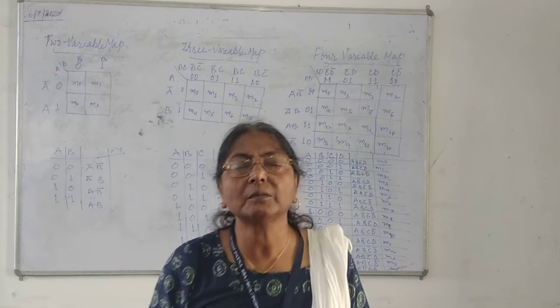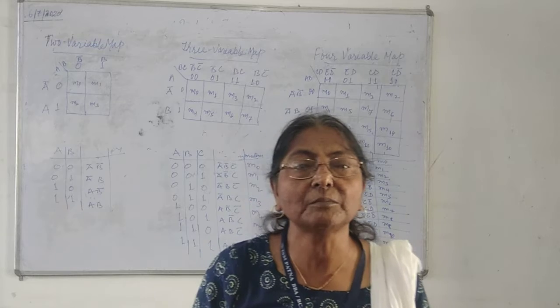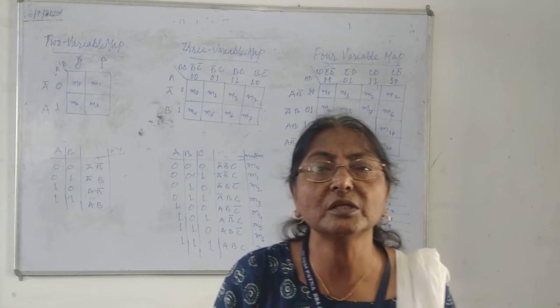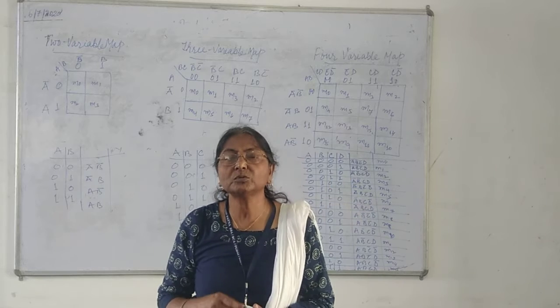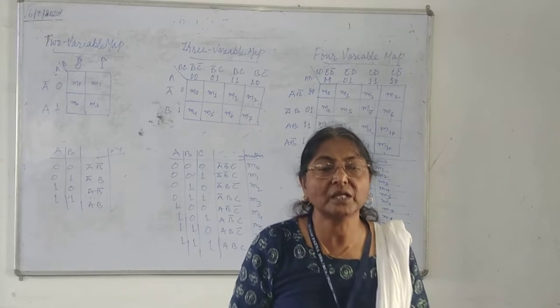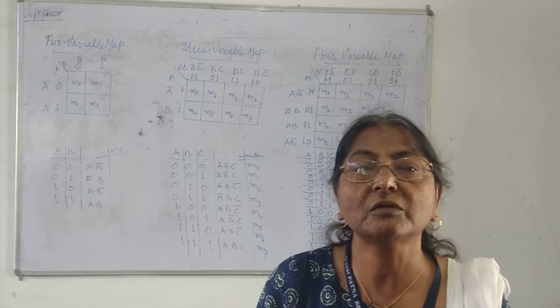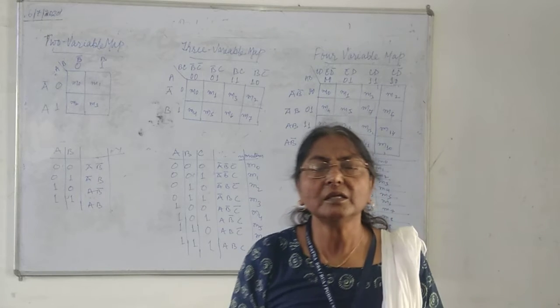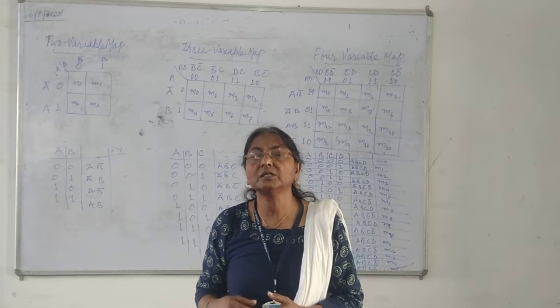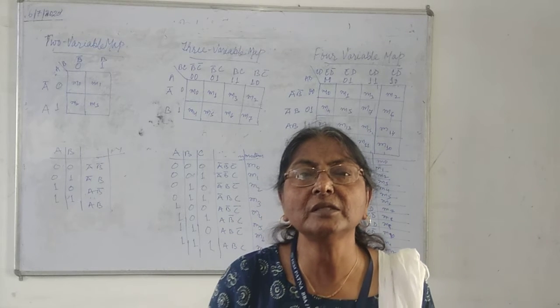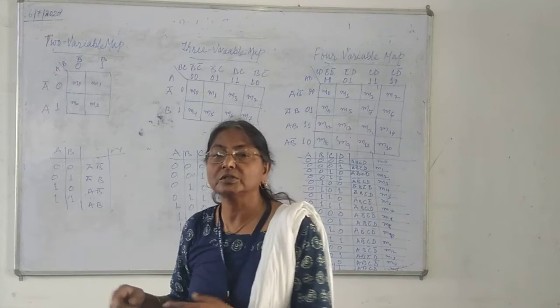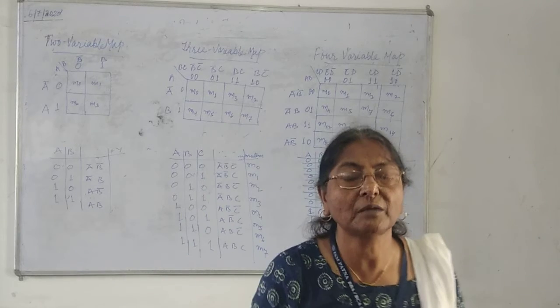When we write a number in gray code, when we go from the preceding number to the following number, we have to make a change in only 1 bit. It means if you want to write 7 in gray code, and then you want to write 8, there will be a change in only 1 bit. Whereas in binary, if we change from 7 to 8, 7 is 0, 1, 1, 1, and in 8 what do we write? 1, 0, 0, 0. It means all the 4 bits have been changed.